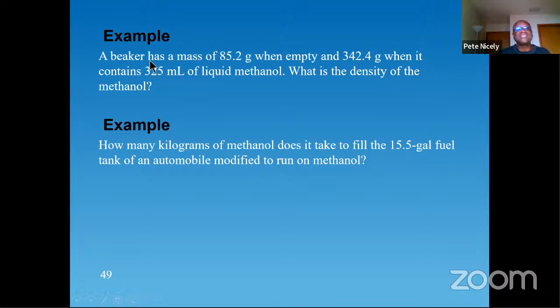So this question says, a beaker has a mass of 85.2 grams when empty and 342.4 grams when it contains 325 mils of liquid methanol. So the question is asking, what is the density of the methanol? All right, so what I'm going to do is get out of this,